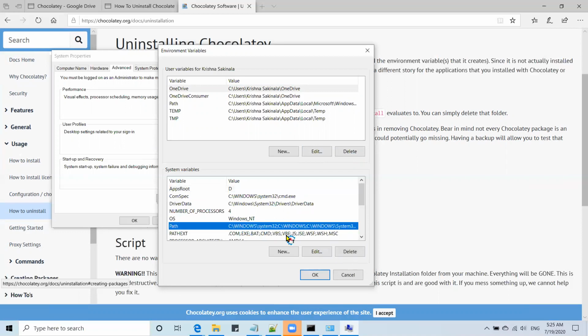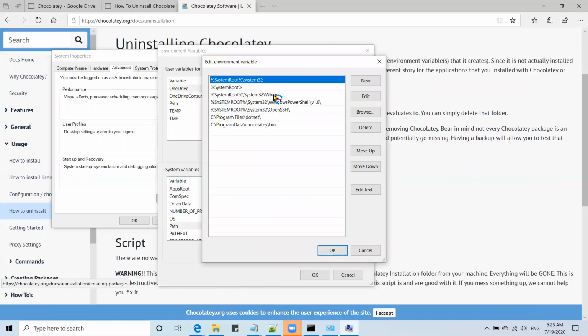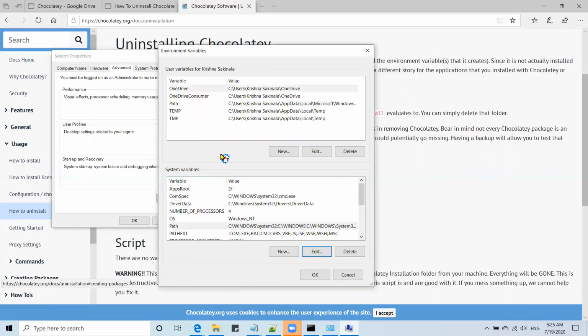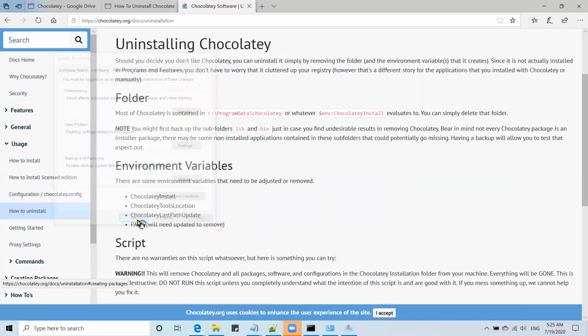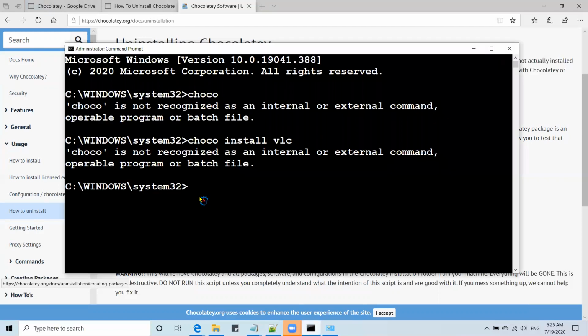If in the path you find anything, like ChocolateyProgramData, Chocolatey bin, delete this. Whatever you find related to Chocolatey, just remove or delete, and okay, that's it. Now I have completely uninstalled Chocolatey from my machine. Again, if I try, nothing will happen. Already it is showing that Chocolatey is not available.